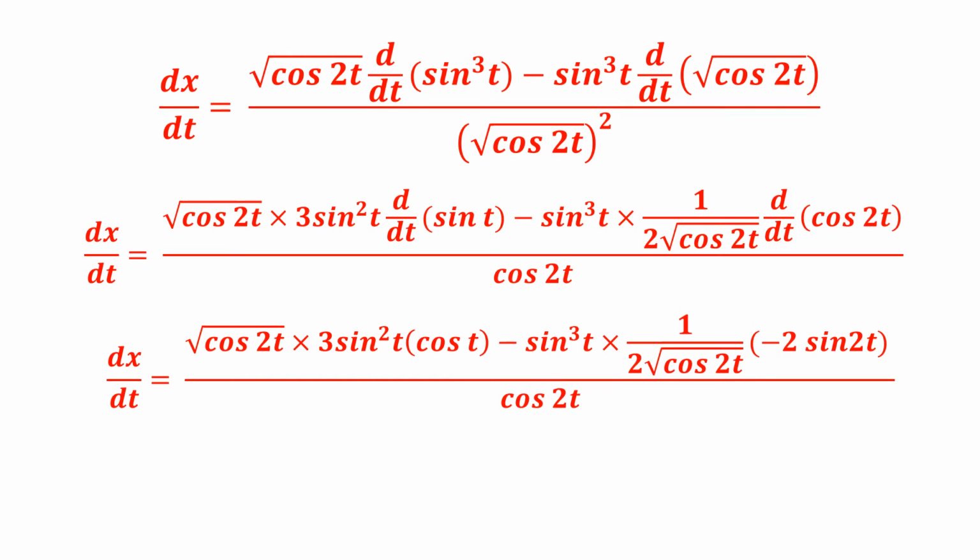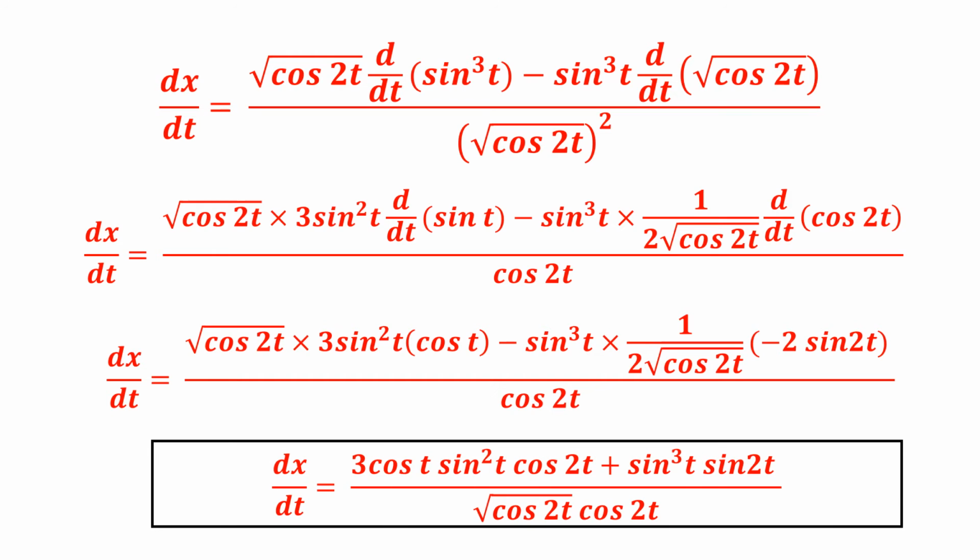Once again, differentiation of sin t is cos t. Then the differentiation of cos 2t is not sin 2t, it is minus 2 sin 2t. Should be careful. Cos t differentiation is minus sin t, but the differentiation of cos 2t is minus sin 2t into 2. You have to differentiate the 2t also by the chain rule. For now you got it as 3, but 2 and 2 get cancelled, minus into minus is plus.